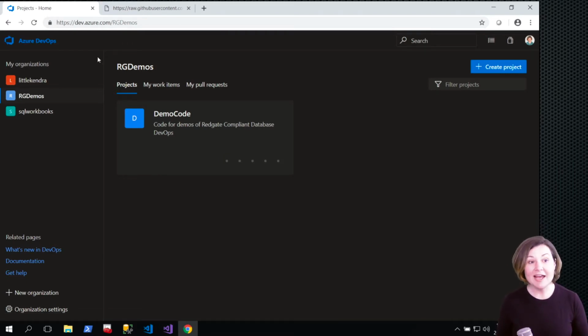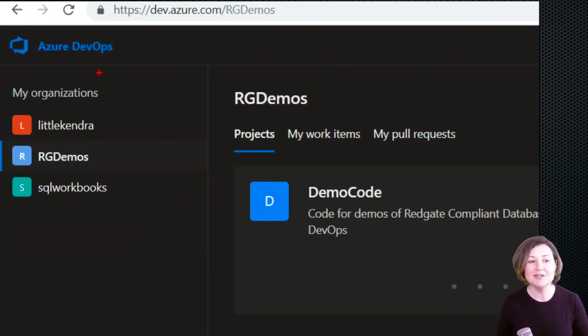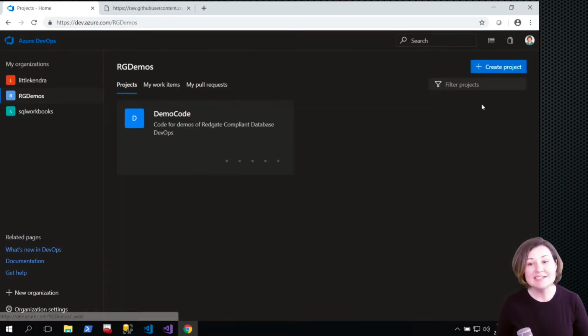To get started, I have an organization that I've already created in Azure DevOps. And if you check out my screen, you'll see that I actually have more than one organization. And right now, I'm connected to one named RG Demos. Now, RG Demos already has one project in it that's named Demo Code, but for today, I'm going to go